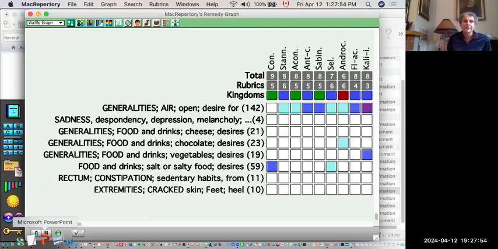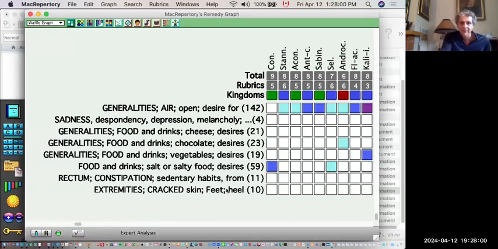So that was gone. And that was gone with China. After taking China, he stopped being sensitive to the homeopathic remedy, which was a good thing. But that's the only one out of nine, and I want to take the case during a teaching session to show people how to deal with people that are very, very sensitive, and also how to potentize a substance. In any case, you could see the great success that we had.